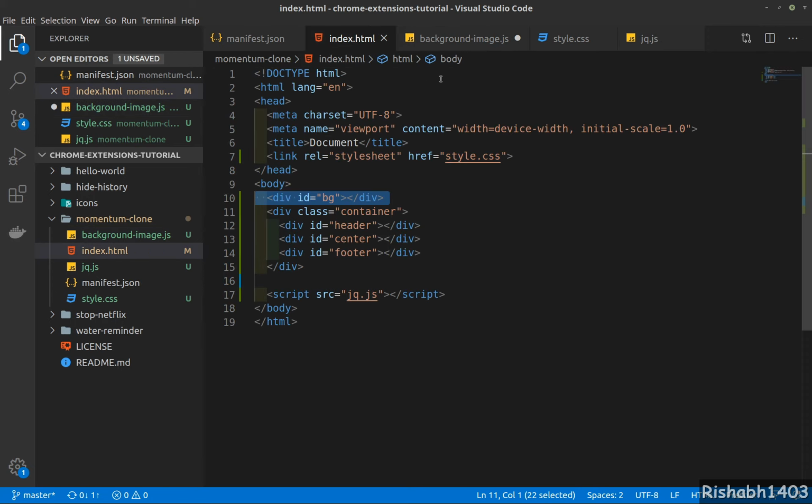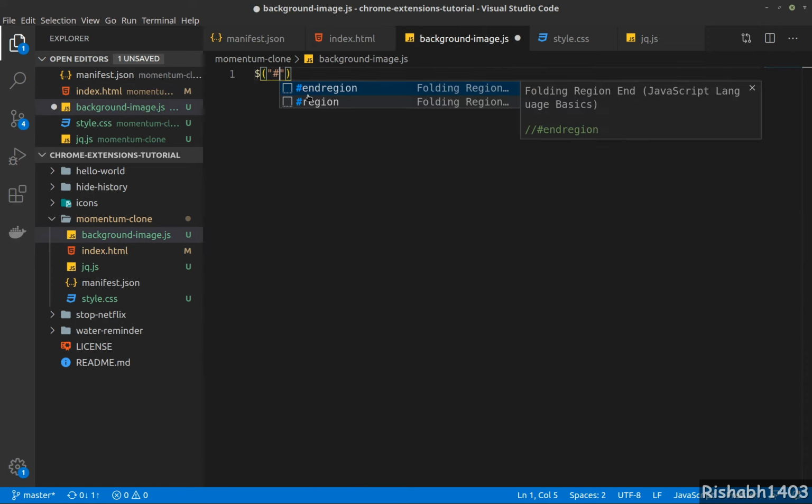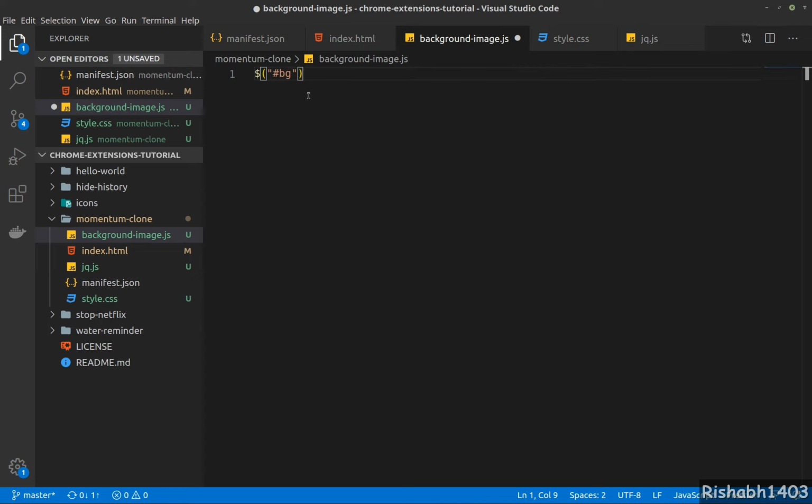This is ID BG, and we need to update the CSS property. CSS property that we are going to update is background image, and this needs to be URL, and we'll paste our URL here.